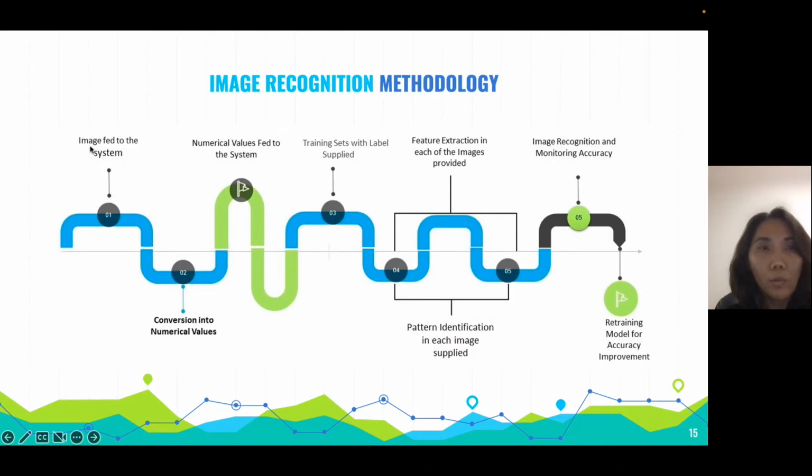This is what we do. We feed the image into the system and convert it into numerical values, and the numerical values are fed to the system. We separate the training set and test set. In the data modeling phase, we train our data with the MobileNet model and save the best weights with the highest accuracy in 50 epochs. After training, we load the model to get the weights and use predict to evaluate the training process. We can use the weights to further improve the accuracy of our model.